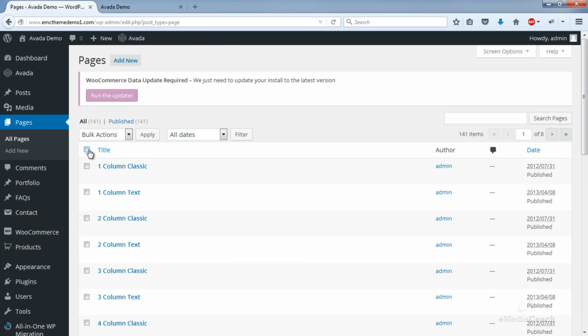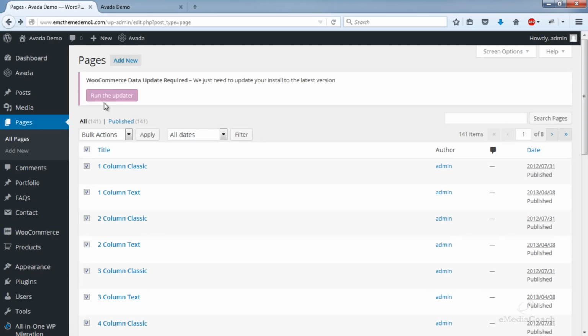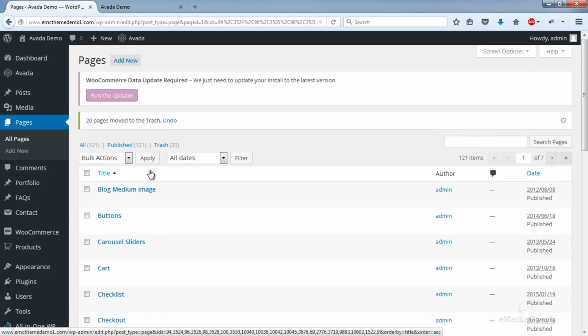But if you want to leave some and just see how they're structured, you can do that as well. So let's go ahead and delete by moving to trash. What I did was just click on the checkbox at the top, which selects everything, and move to trash, apply. There are heaps of these, so you'll have to do this a few times.